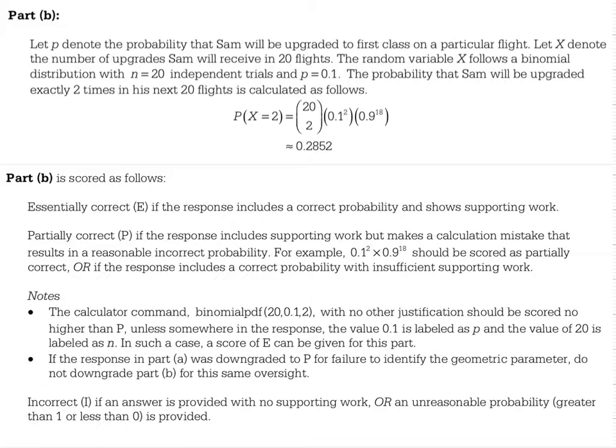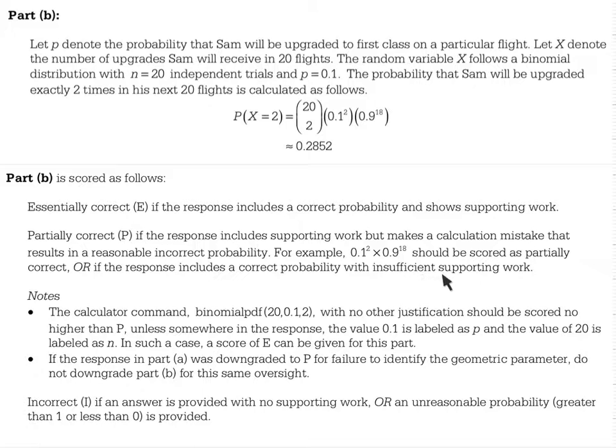Where's my pointer? There we go. So 20 choose 2, 0.1 to the second for his 2 successes, so his 2 upgrades, and then 0.9 to the 18th for his 18 non-upgrades. Essentially correct if you include the correct probability and supporting work. Partially correct if the supporting work makes a calculation mistake that results in a reasonable incorrect probability. For example, 0.1 to the second times 0.9 to the 18th should be scored as partially correct,